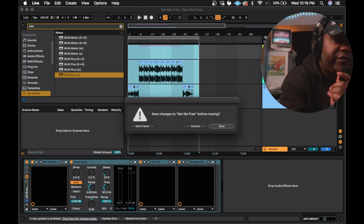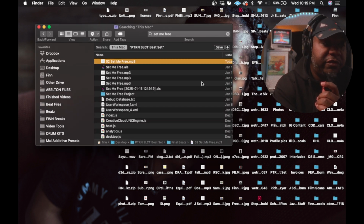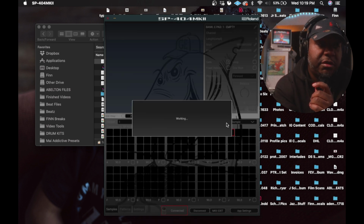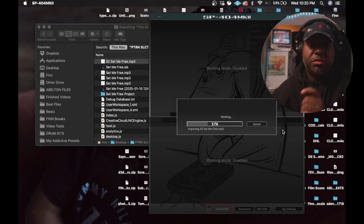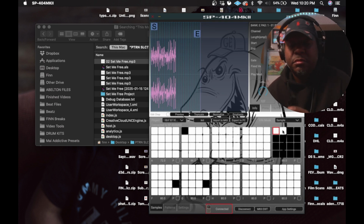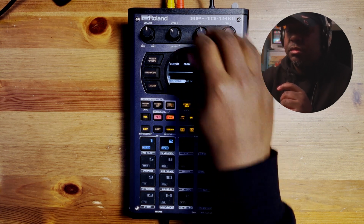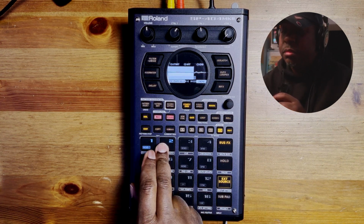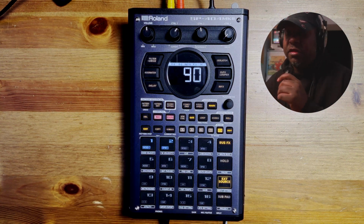All right, so I can even close Ableton because I'm not using it anymore. This is already here because I've already been searching for it. Go back to the SP-404 MK2 software. Wait for it to do its thing. And I'm dragging this onto pad number 2. Cut the beginning, just kind of truncate it. There's that pop right there too. So once this is full of 16 beats,